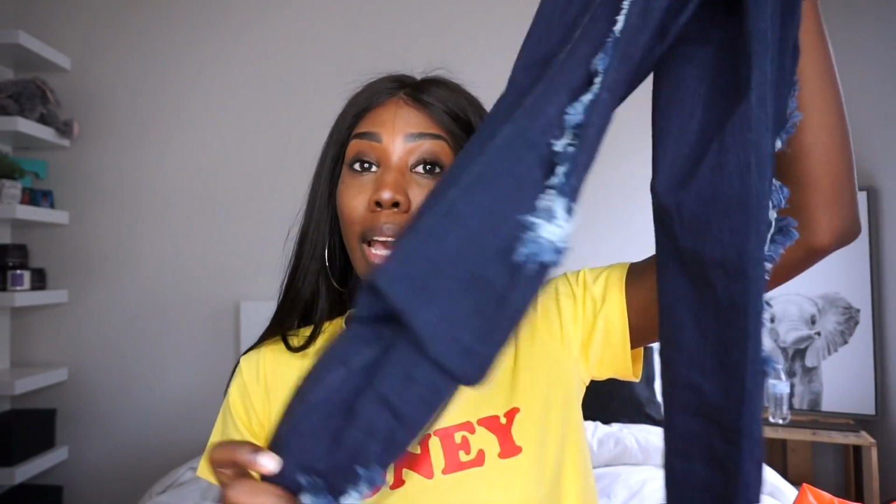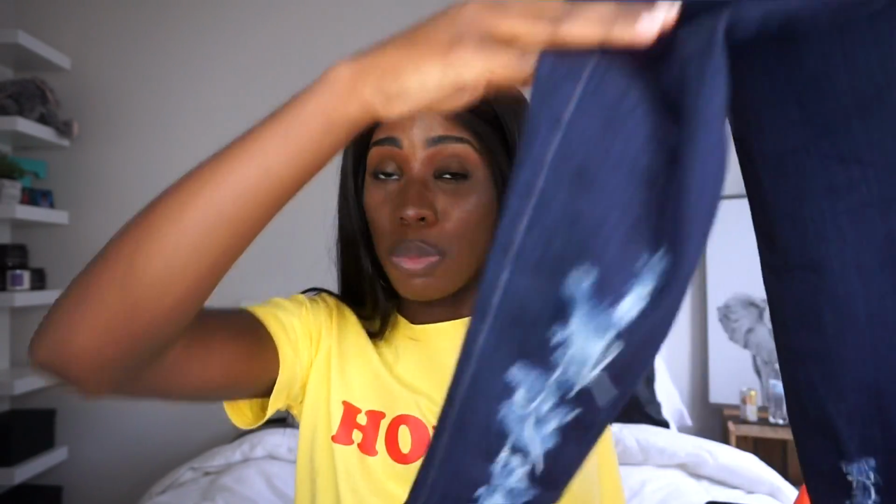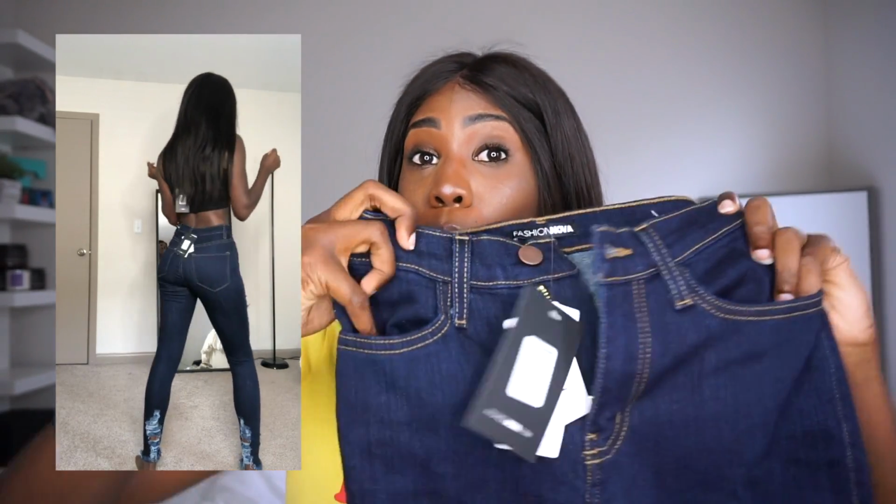So I did get more jeans. These are the Tell Your Boy Bye jeans in a size 1. Of course, they got rips, and I've been really feeling jeans that have the distress at the bottom like this on both sides, so that's what they do. And these jeans have real pockets in the front. A lot of the jeans I get from Fashion Nova have fake pockets in the front, and I don't like that because I actually use my pockets. But the pockets are real up in the front, real in the back, and these just fit